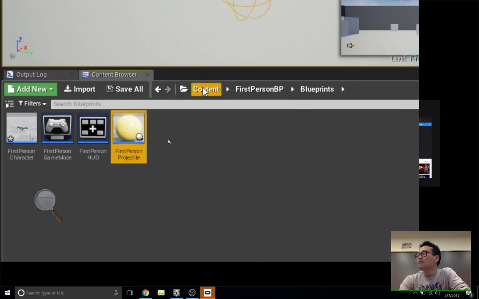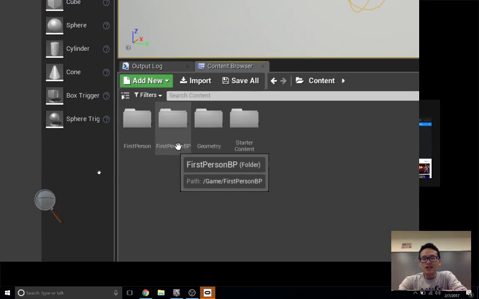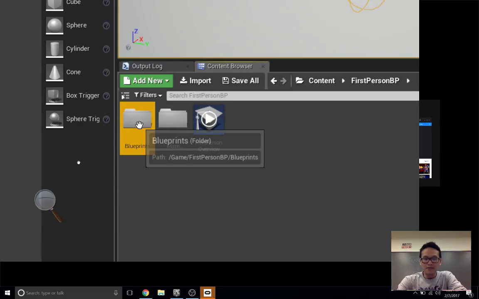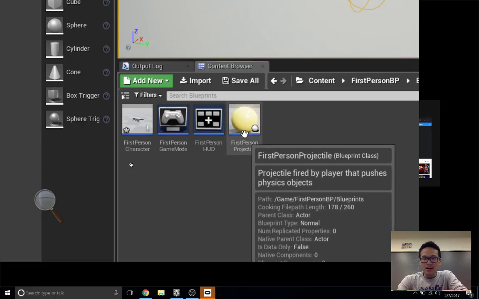Back in the main editor, under the content browser, as content, first person BP, and blueprint. I really like this convention, so everything that's blueprint you should put in a folder called BP, and from then on you can know that everything inside here is blueprint.